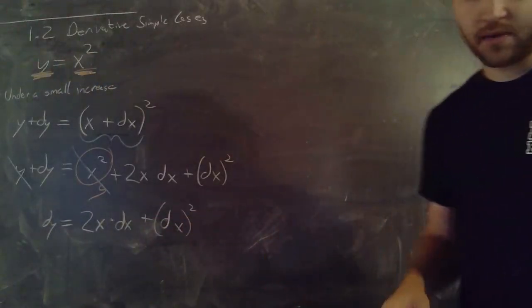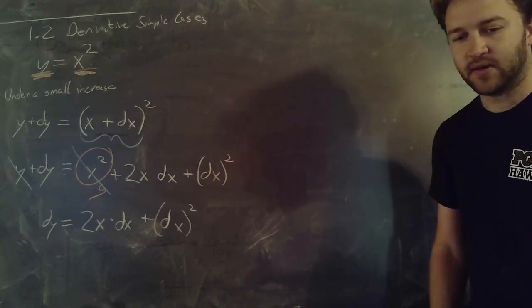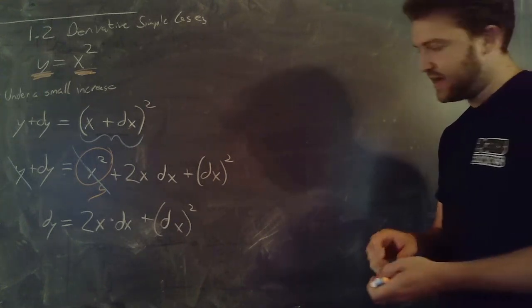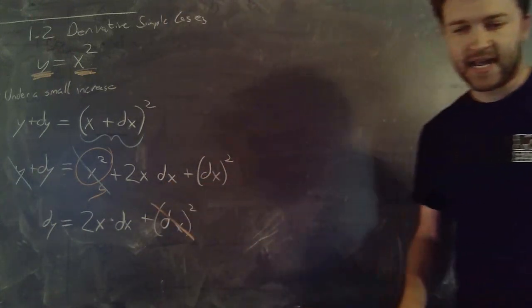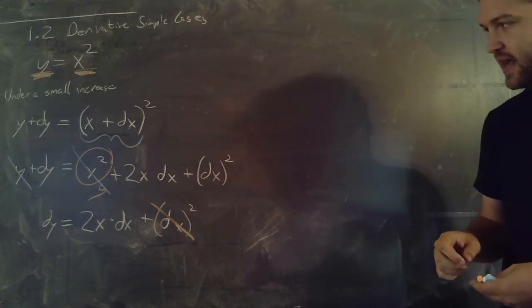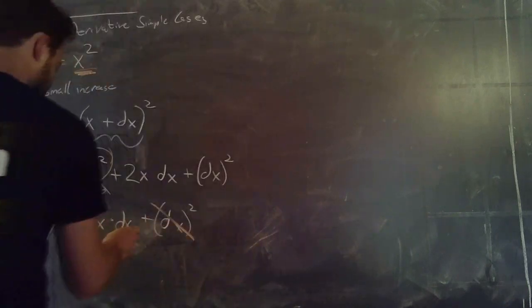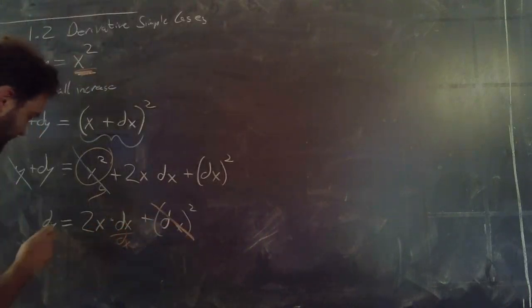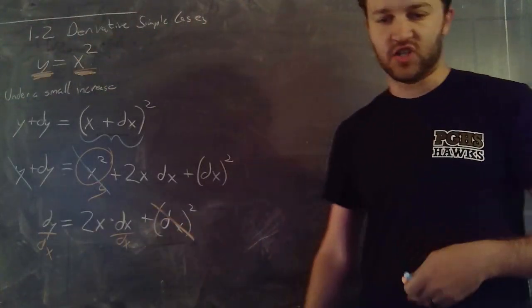Now, recalling from section 1.1, dx squared is an infinitesimal of second order of smallness. What that means is we can just ignore this quantity because it doesn't have much of an effect on the final output. So notice here that I have dy is equal to 2x times dx, and then by simply dividing over the dx, and again there is some nuance here. This is not actually what's happening. This is not a true fraction where we can just divide over a dx,